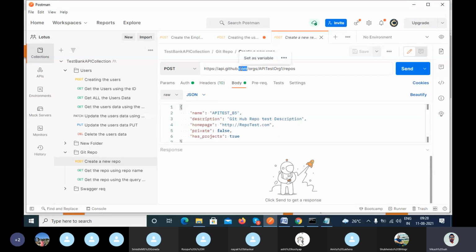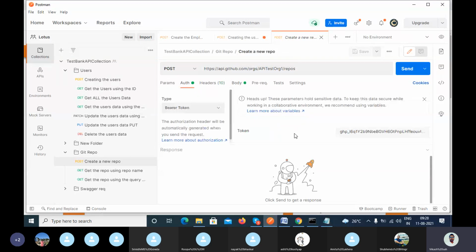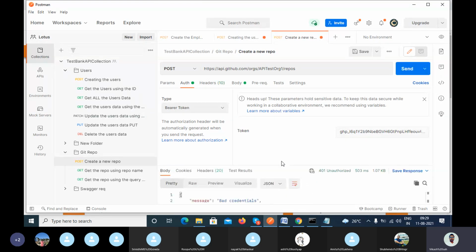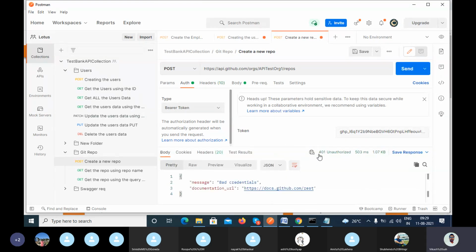This is the GitHub requirement, so you can go similarly in GitHub. If you pass the wrong token, you will get 401 unauthorized, bad credentials. Ma'am, can you see the message here? In the earlier application you were getting an authentication message, and here you are getting bad credentials.